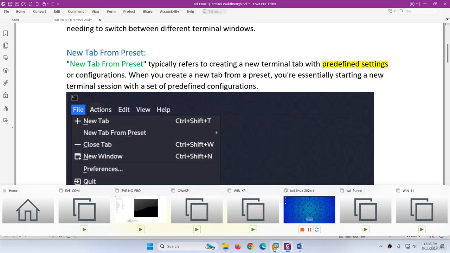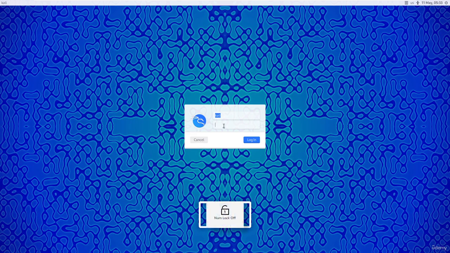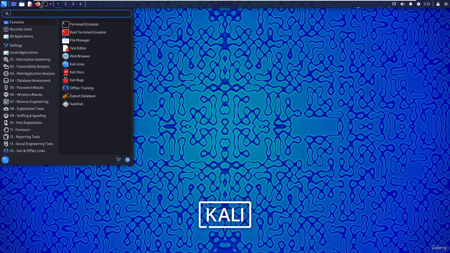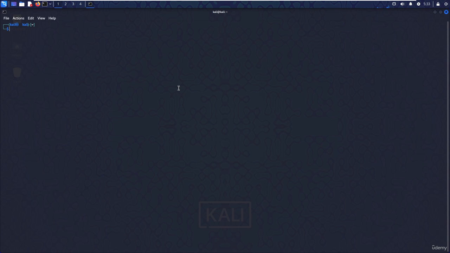So let me go to Linux. If I go to Linux, let me log in with Kali, which is the default username and password. On the top there is a terminal, and you can use the keyboard shortcut to open the terminal as well, and you can open it from here as well. It's up to you. So when I open the terminal,